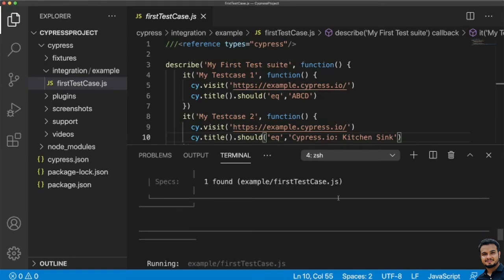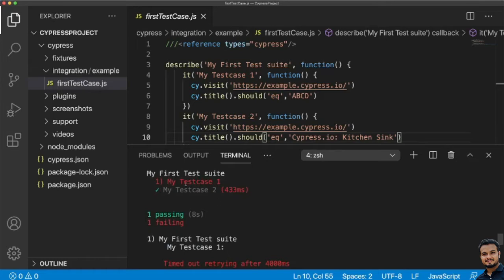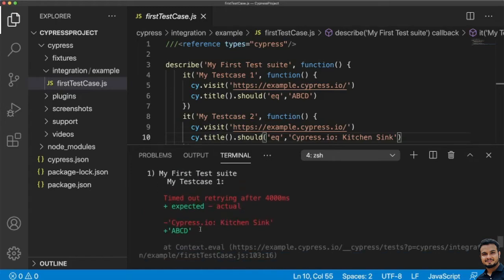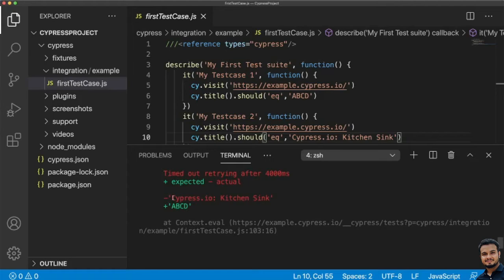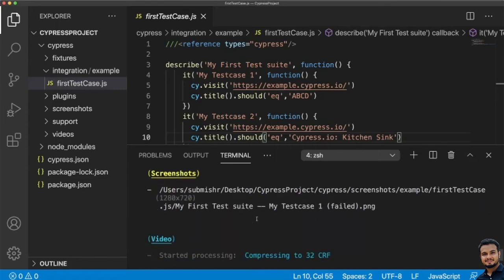This is the file getting executed and inside that we have two test cases, my test case 1 and my test case 2. My test case is getting failed. So, that is what you are seeing, one passing and one failing, and here also you will see why it is failing. So you can see this message, and here it is telling expected and actual are not matching. We are expecting this, and actual is this. That's why it is failing. Okay, and our second test case is getting passed.